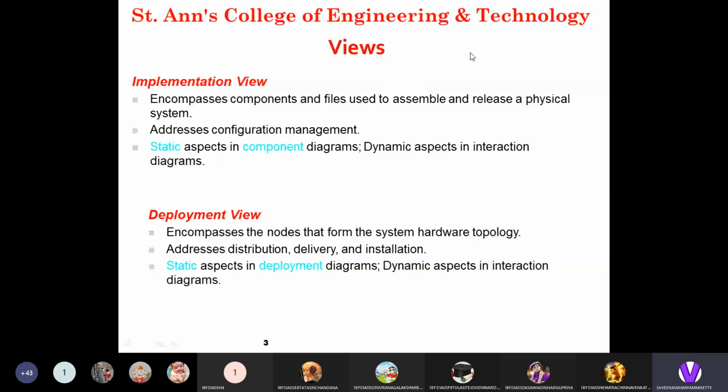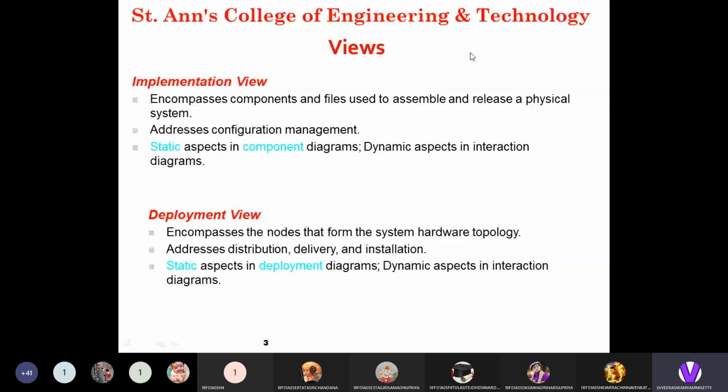Basically for the static aspects, when you are designing the implementation, we will go for component diagram. In dynamic aspects, we will go for the interaction diagrams. So that comes under implementation view.